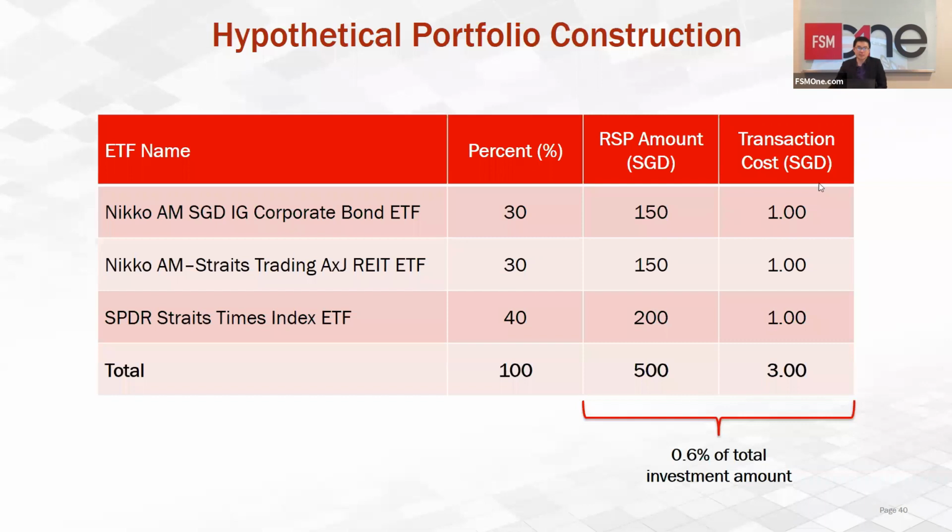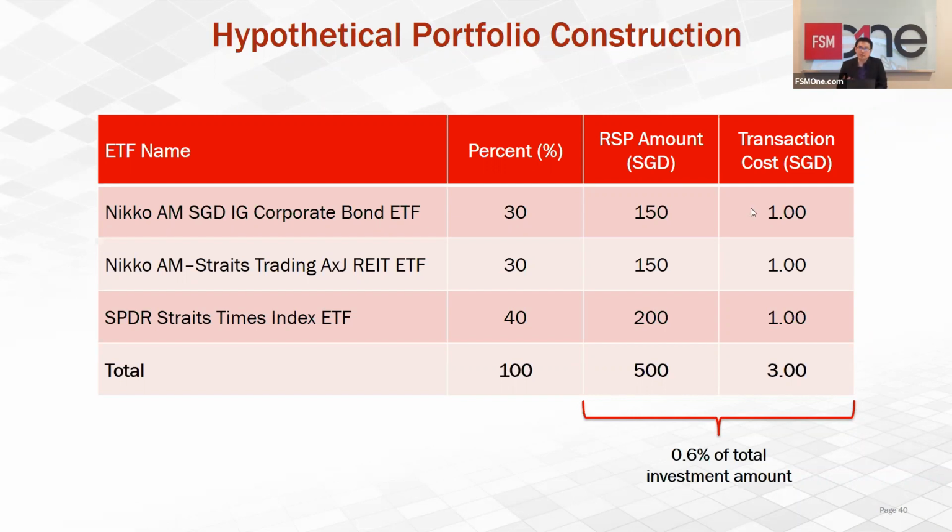So based on that initial percentage of 30, 30, 40, and assuming this particular investor is willing and able to set aside $500 every month, then he or she should be putting 150 into the corporate bond ETF, 150 into the REIT ETF, and also $200 into the SPDR Straits Times Index ETF. And also for transaction costs, like I said just now, it's 0.08%, minimum $1 for every RSP that you